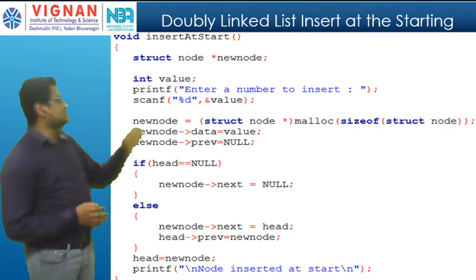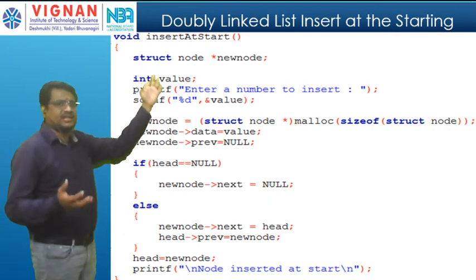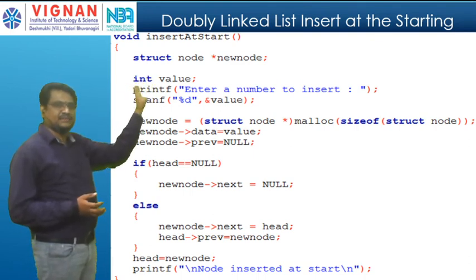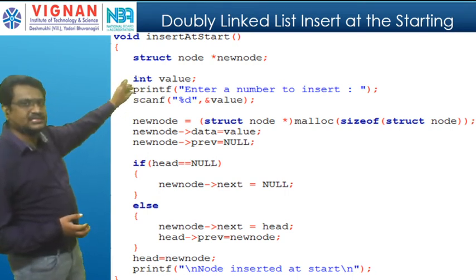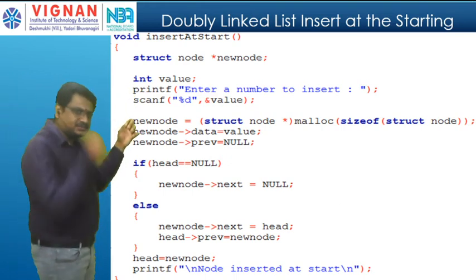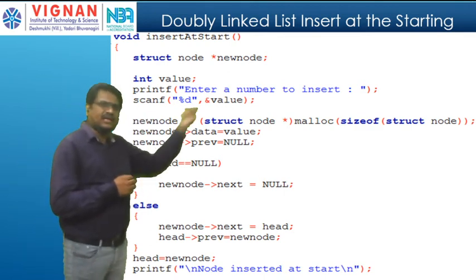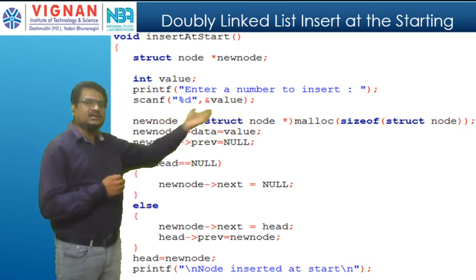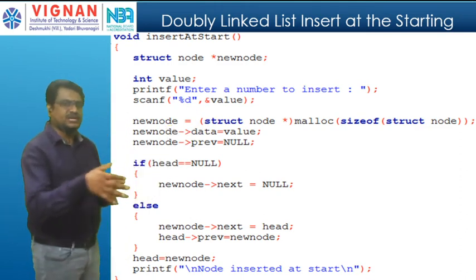Okay. Now see again the step by step. In first step, I am creating variables. I am using the new node variable. So that's why in first step I created a variable. Next I am reading the data which I am going to insert into value. Here I am reserving the space for a new node. The new node structure node malloc is reserving the space according to the requirement. Now here this structure node will define how the data or how the space should be divided.